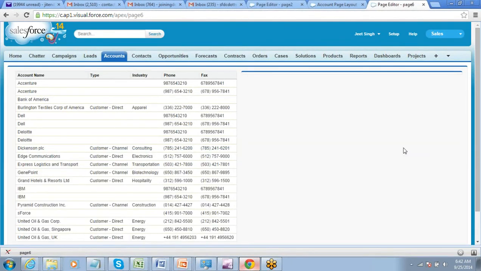So I have two sections here. One is on the left hand side, the list of all the accounts, and on the right hand side I want to display the details of one single record. Now my point is that I just want to click on any of these records and see the details of that record in this section. If I click on Burlington Textile, details of that should be displayed. If I click on Express Logistics, details of that should be displayed.